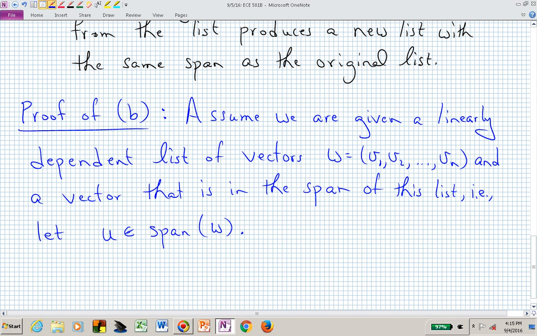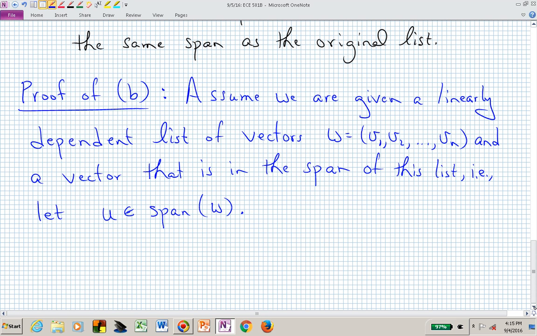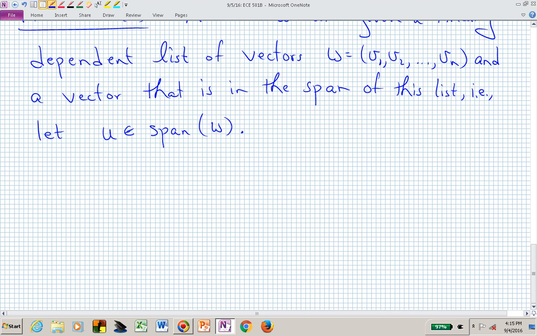And also, let's assume that we have a vector that is in the span of that list of vectors v1 through v sub n. And let's call that arbitrary vector u. So we're saying, let's assume u is in the span of w, or it can be created as a linear combination of vectors v1 through v sub n. Let's write that down. If we have u in the span of w,